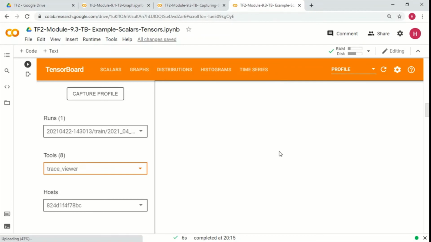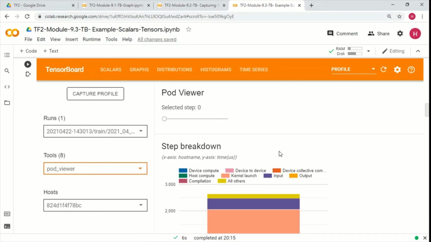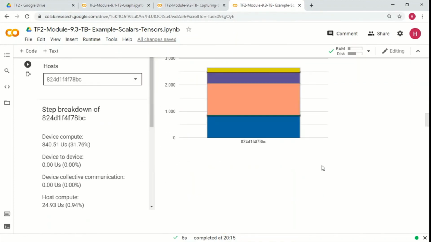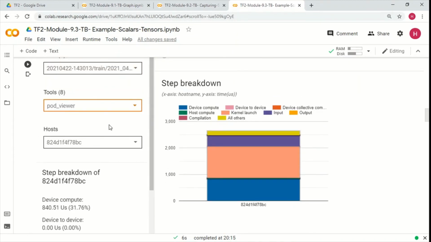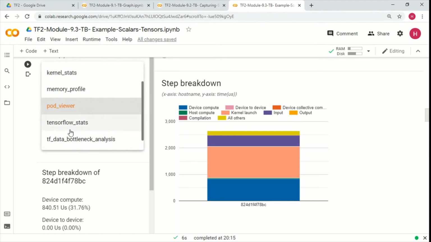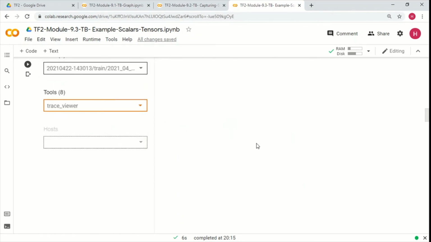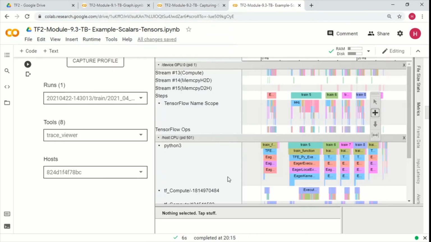It's still loading. So this is the pod view, the trace view is gone. So this is how the trace viewer in the profiler is going to look.